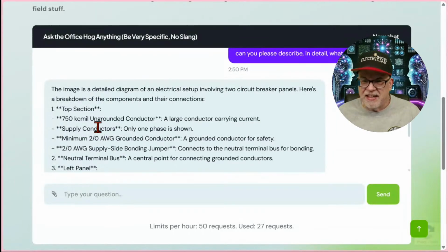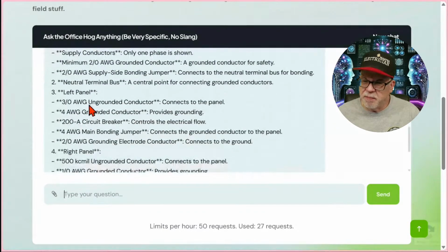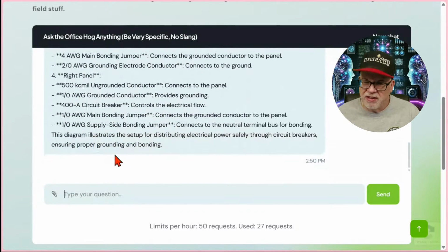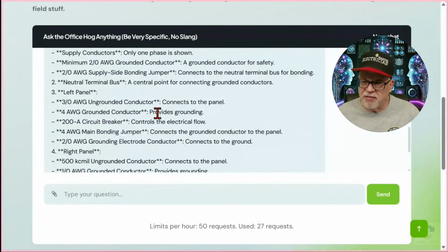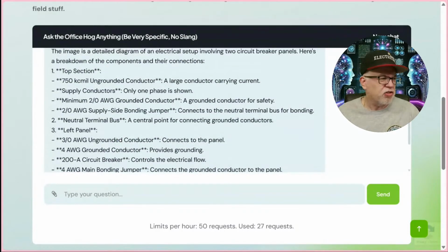All right. It says this image describes a diagram of electrical setup involving 2 circuit breaker panels. Breakdown, top section, and it's pulled all this information from the diagram. The diagram illustrates a setup for distributing electric power safely through circuit breakers, ensuring power. And so this has every little piece in it. So to show you the picture that I uploaded,